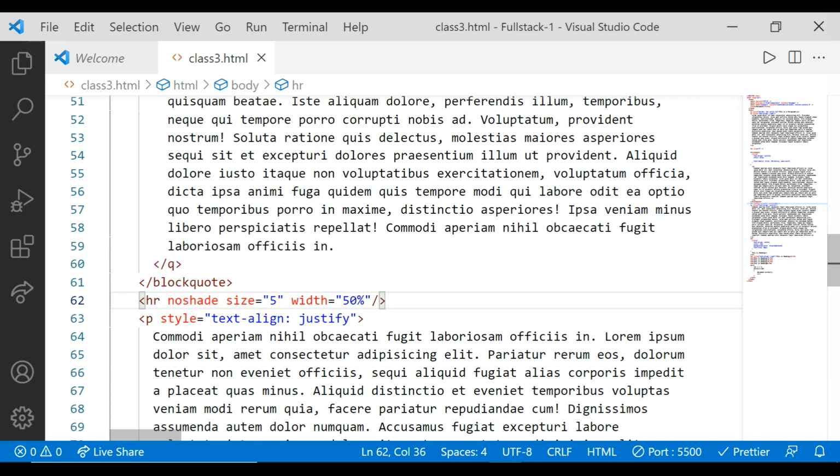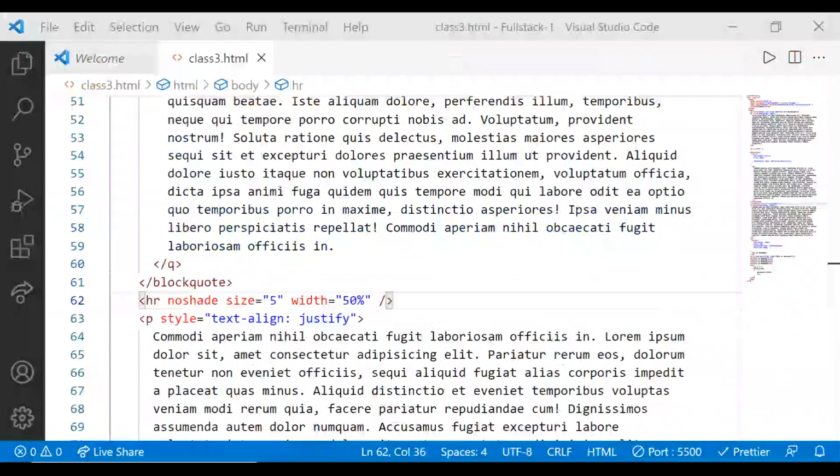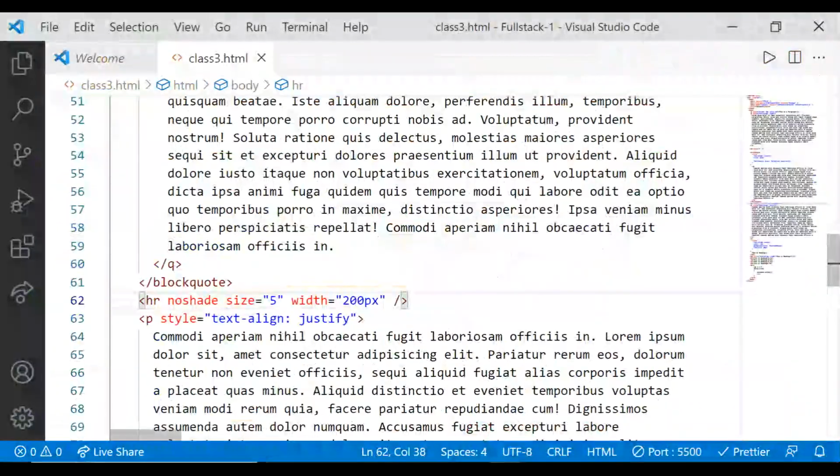I can also use some other unit of size, but now I'm giving only 50%. See, now this line is 50% wide according to the entire width. Now some people use pixels. If I write 200 pixels, that will also work. But sir, there is a difference.